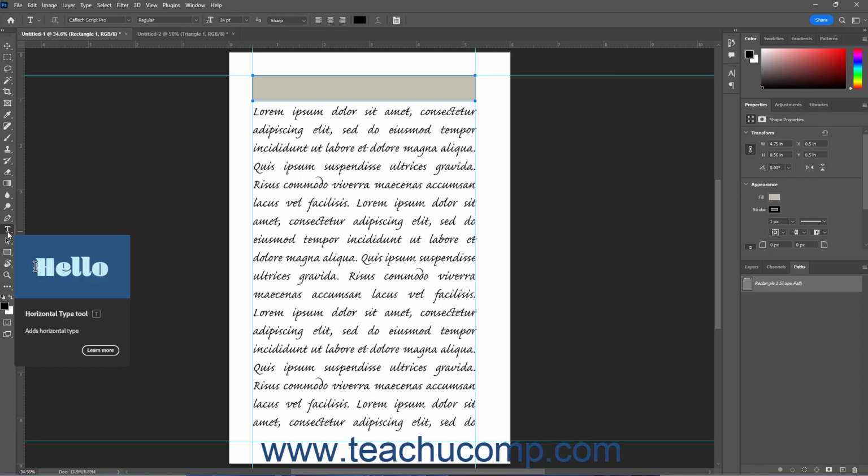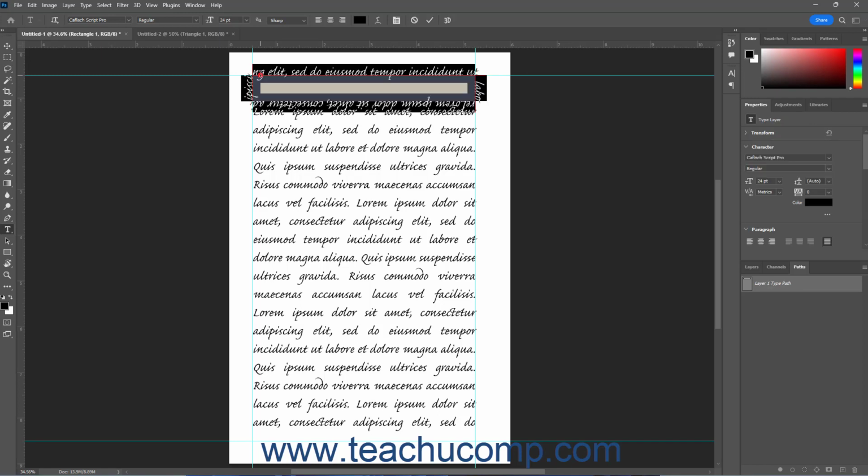To add point text to the path or shape's border, hover your mouse pointer at the point on the path or shape's border at which to start typing until the mouse pointer cursor turns from an I-beam icon surrounded by a box to an I-beam icon bisected by a wave. When the icon appears like this in the desired border position, then click once to add some placeholder point text